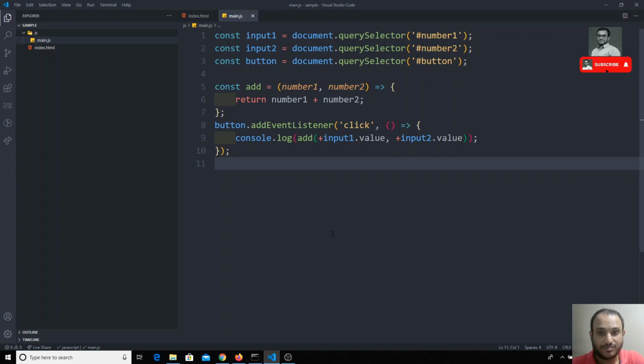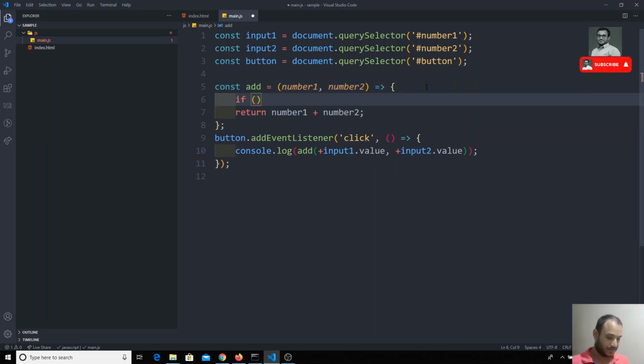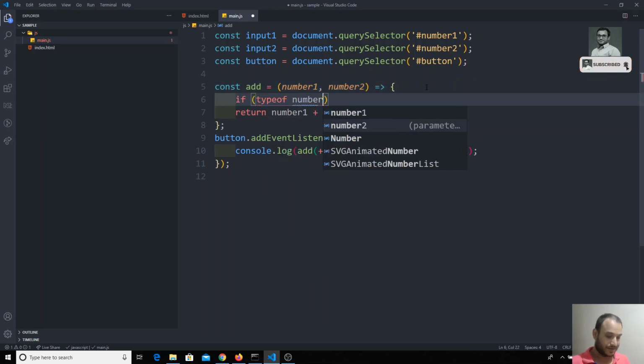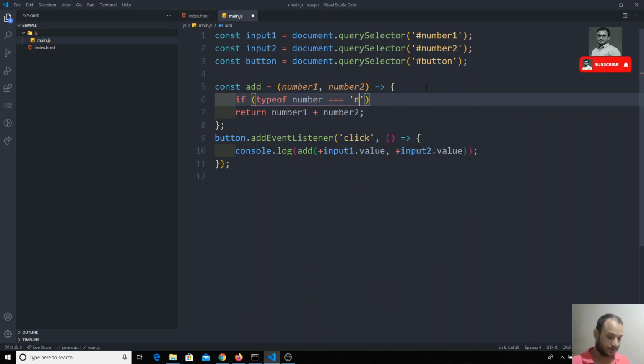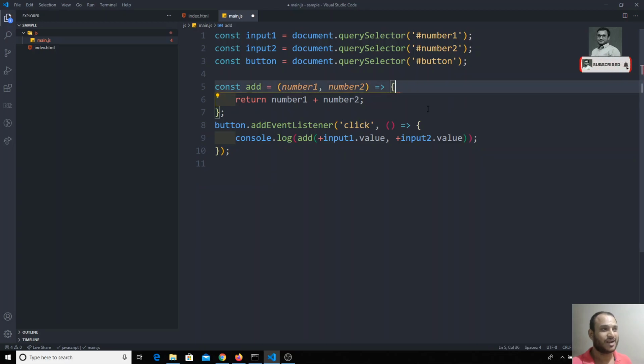But here we have an unnecessary problem. Not a bug exactly, but the code will accept it that way. This function will be accepting both strings and numbers, so we cannot avoid those things. We can write a condition like typeof number is equal to number, or typeof is not equal to number, and all those things. We will be writing all these conditions, validations, checks and everything.